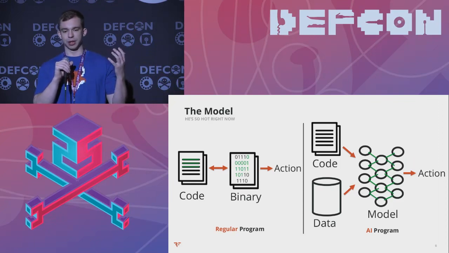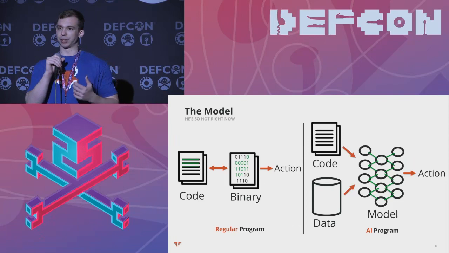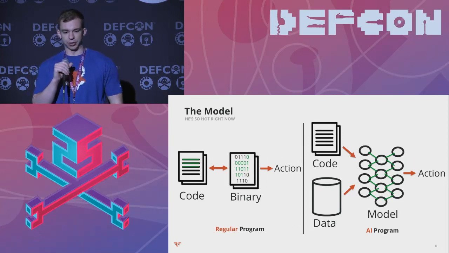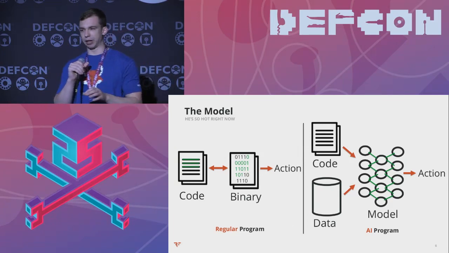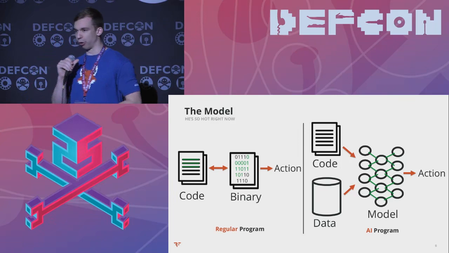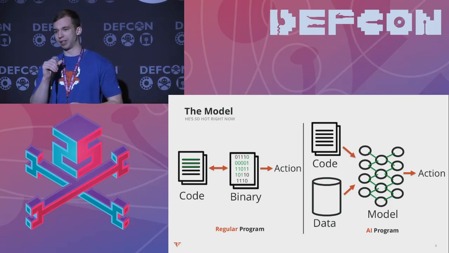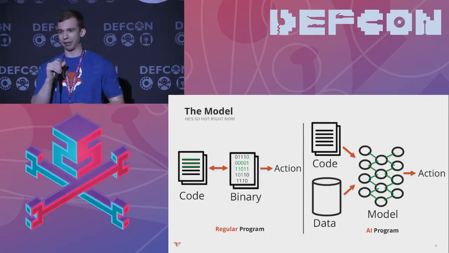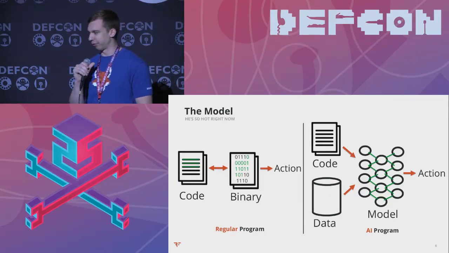It can use this data that you supply it with to learn what has happened in the past and decide what actions it's going to take in the future. So it's not necessarily as deterministic as a regular program. It can be difficult to actually ask, why did this program make the decision it did? Why did it decide to select star, or why did it decide to drop my database instead of injecting and stealing all the data from it? It's one of the fundamental differences.